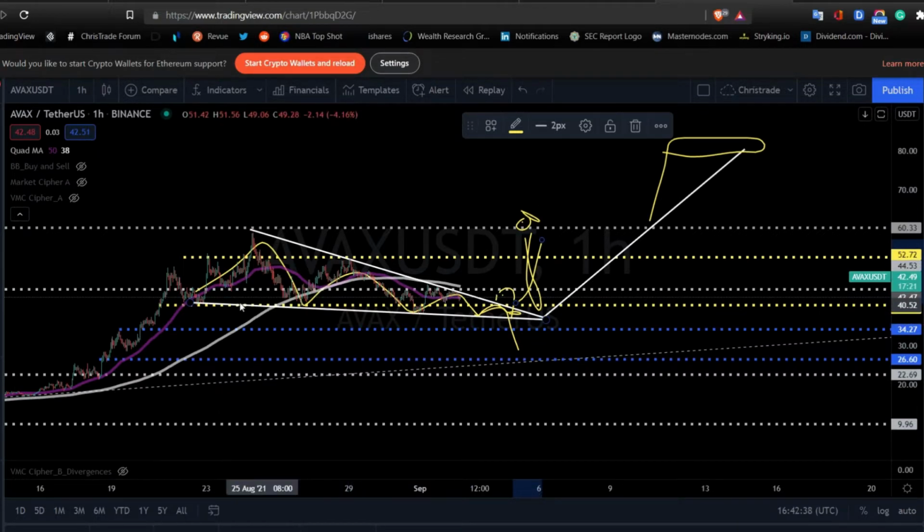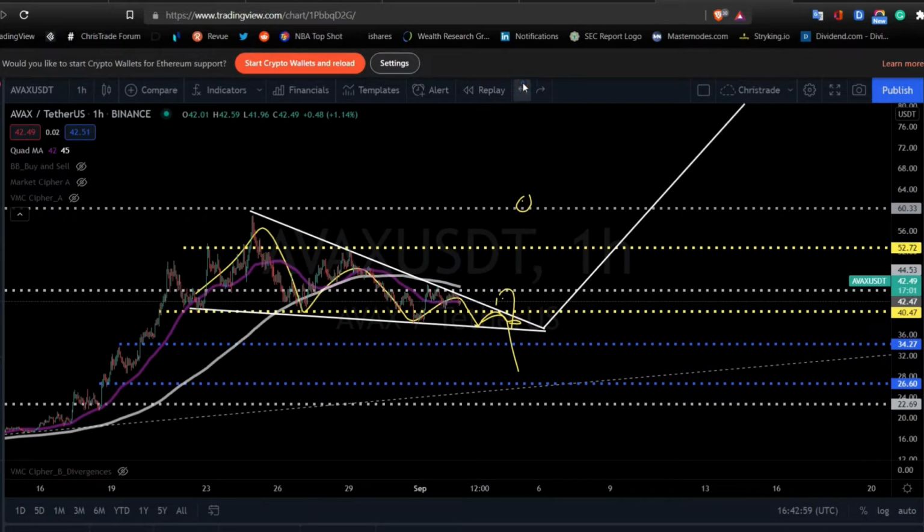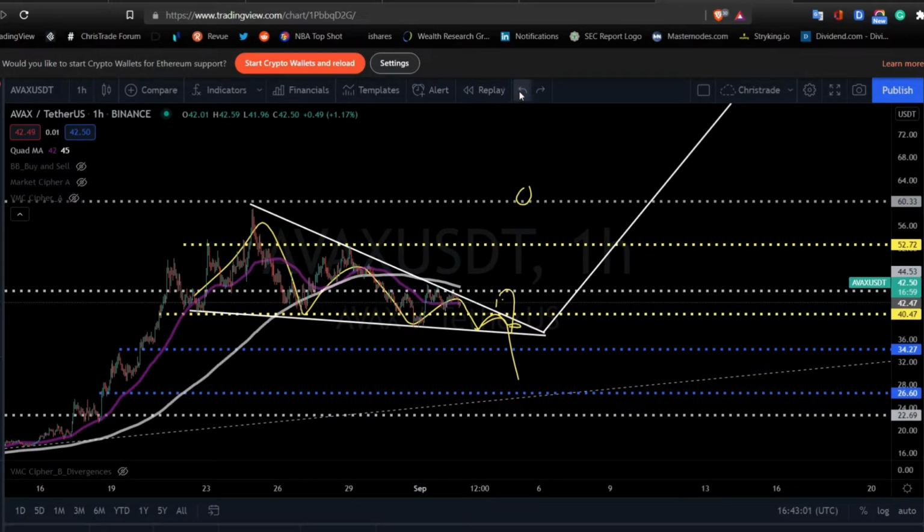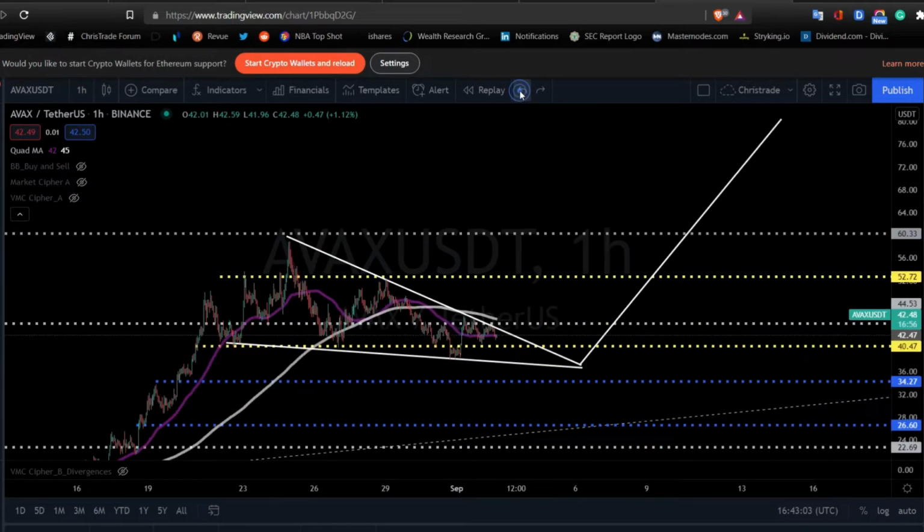I haven't found many people, or anybody really, talking about this potential falling wedge. A lot of people that I could find were talking about this type of head and shoulders and then trying to crash down again. But as you can see, this is clearly forming a very nice falling wedge. So let me just clean up here a bit. There we go. Okay, so you are getting a little bit of that.